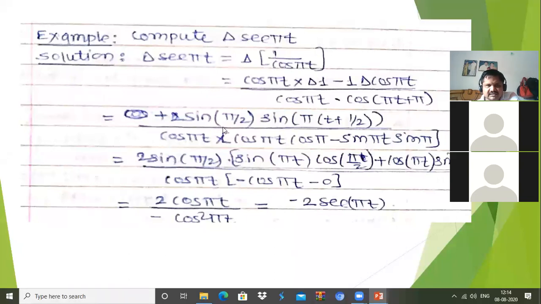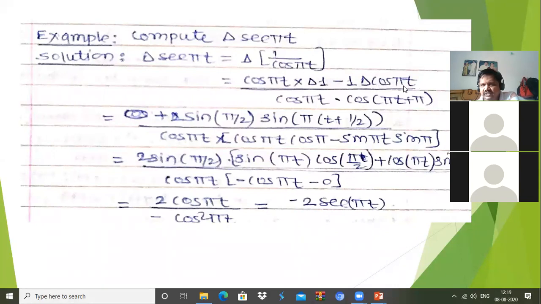Now cos pi t as it is here, cos pi t into delta of 1. What is delta of 1? As it is a constant term, its delta is 0. What does the delta of a constant term come to? Always equal to 0. How? Delta of 1 is 1 minus 1, because the value of 1 at t is 1 itself, and at t plus 1 is 1 itself, and therefore delta of a constant term is always equal to 0. So this first term we get 0, and so we get minus of, now cos pi t